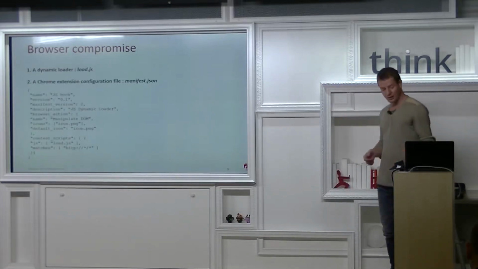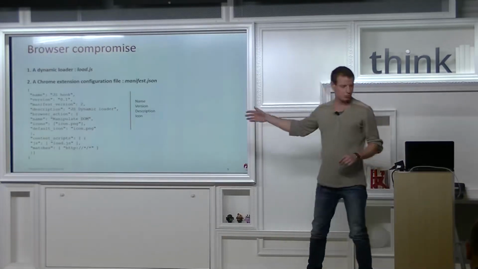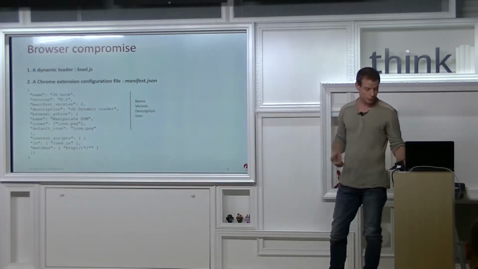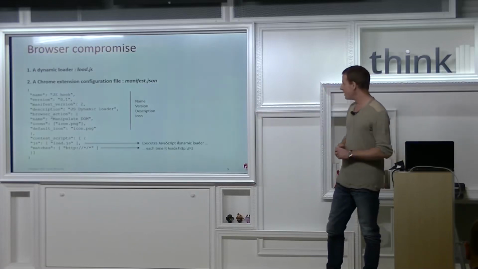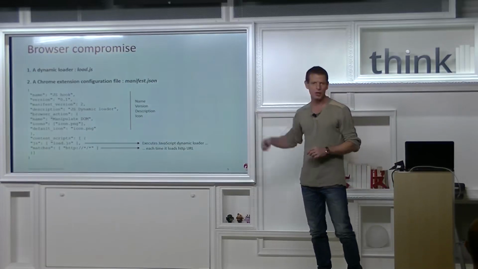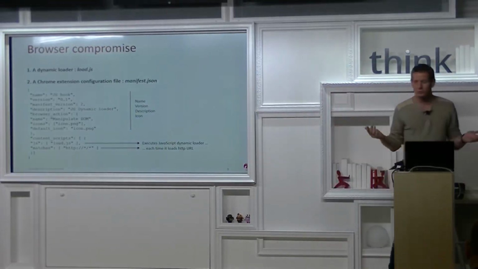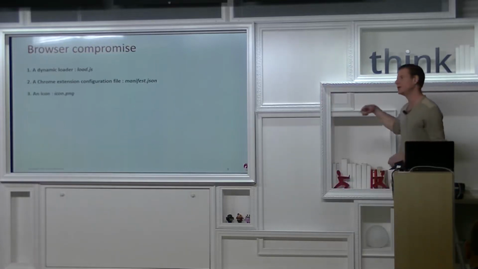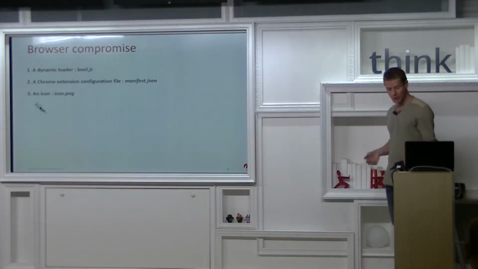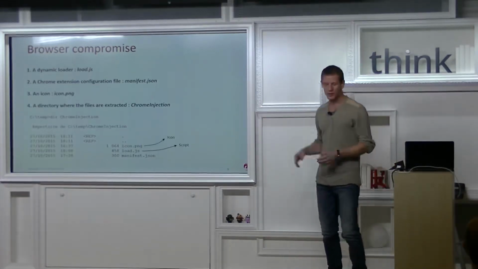You need the manifest for your Chrome extension: name, version, and the icon, which is just for proof of concept, of course. You should not use it. And what it does here is pretty simple. It's going to execute our loader each time you connect to a web page. So it means each time you fire up Chrome, it's going to execute the loader, and then you've got everything running. For the proof of concept directory, we're going to extract those files,